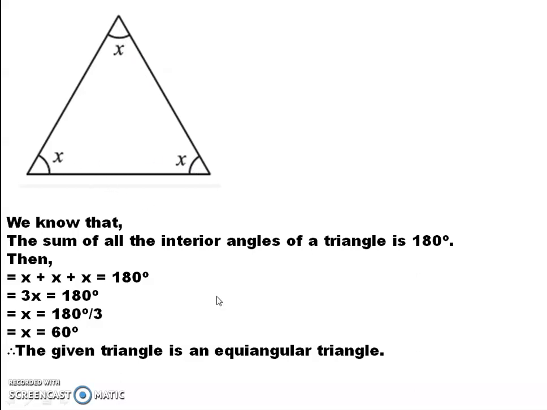By this question we finish today's topic, angle sum property. So students, so far we have learned what is a median, what is an altitude, the exterior angle of a triangle and its property, and the angle sum property of a triangle. So be thorough with all the topics and all the concepts.